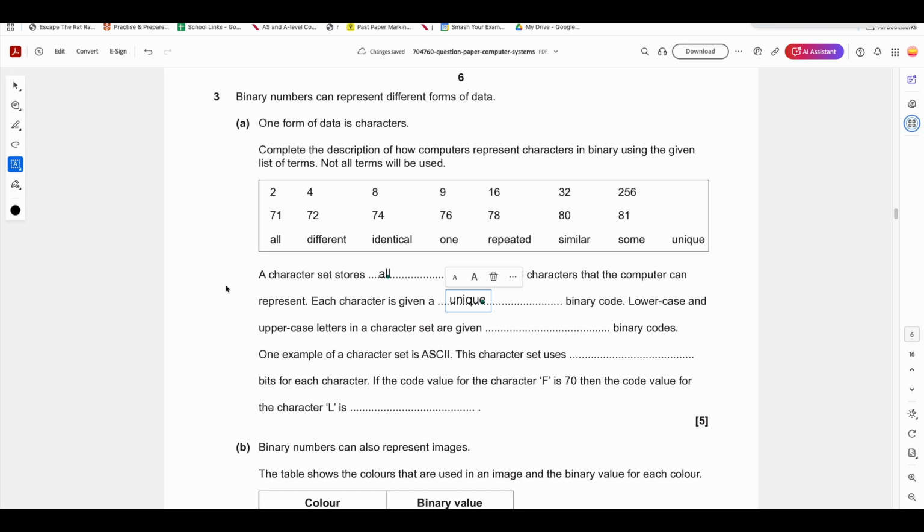Uppercase and lowercase letters in a character set are given different binary codes. One example of a character set is ASCII. This character set uses so many bits. Well, the version you're expected to know about is 8 bits. So I'll put 8. Again, if the character value for letter F is 70, then the character,